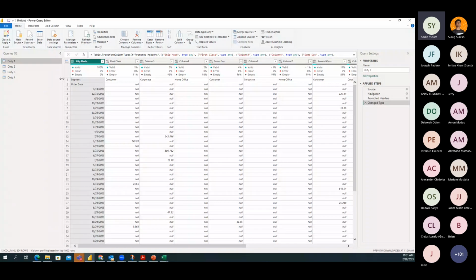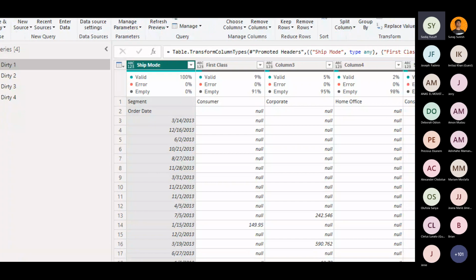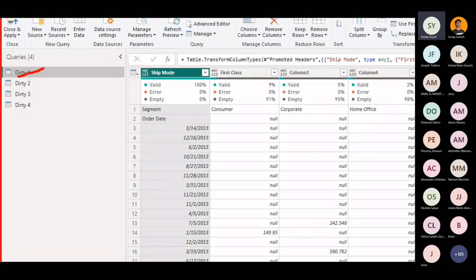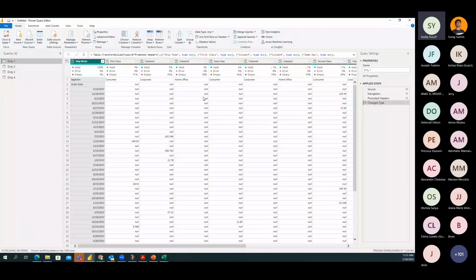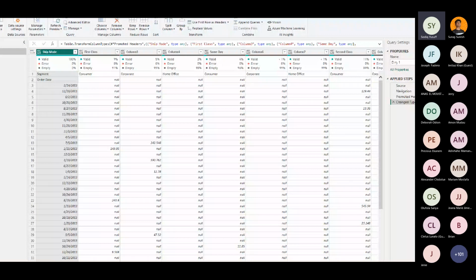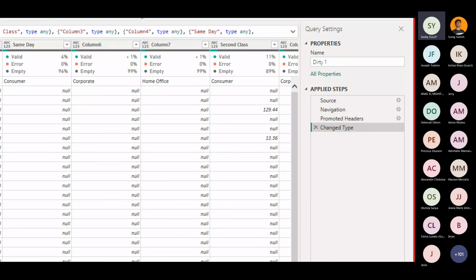Now on the left hand side, I have all the tables I just connected to, table 1, 2, 3, and 4. And in the middle, I have the data itself. And to the right hand side, one thing is very, very important. On the right hand side, you have something that is called the applied steps. Applied steps. So the applied steps is where any transformation